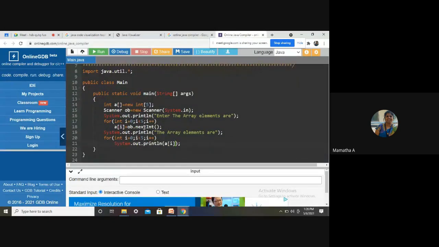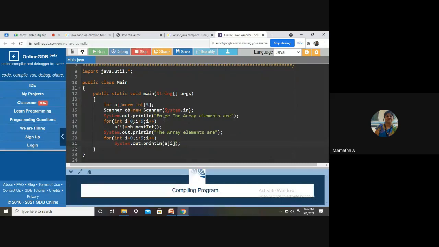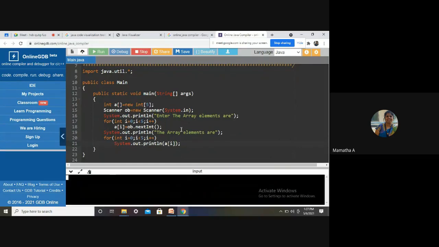So you can just see this is how the program has been written. Just run and see what will happen. I have given an interactive statement: Enter the array elements.